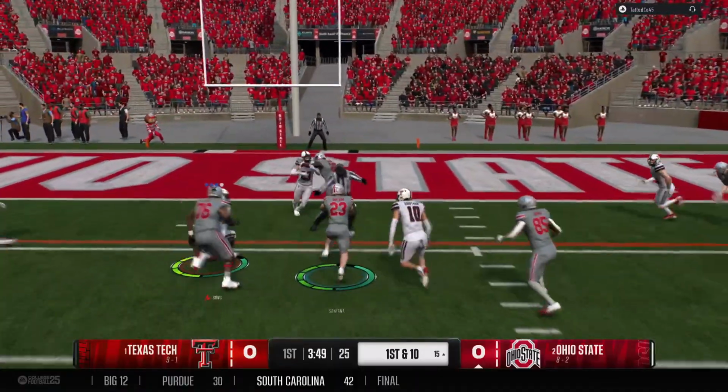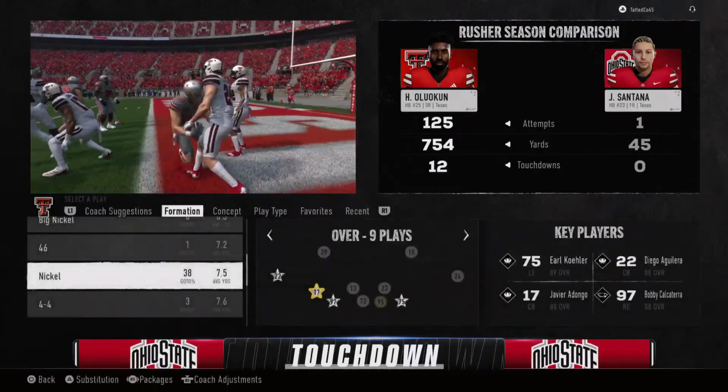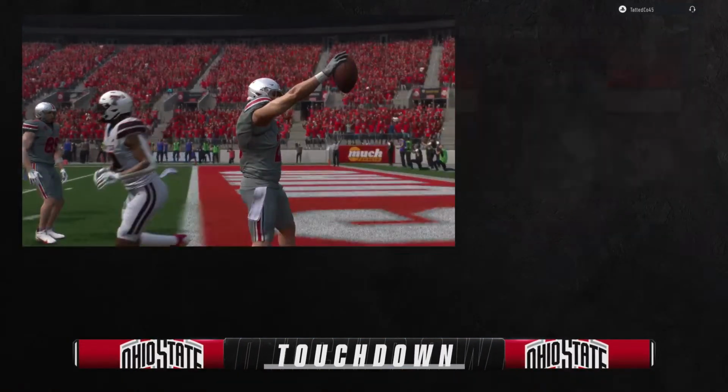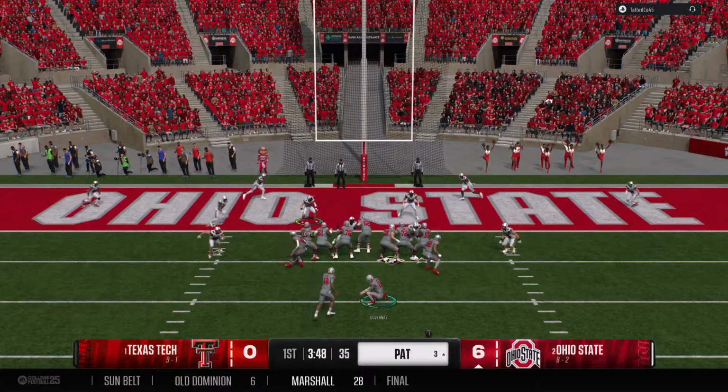He'll hand it off. Aiming for the end zone. Makes it across the goal line. Touchdown, Ohio State. That is a dream start for the offense, but what an opening possession. Yeah, sometimes you just want to